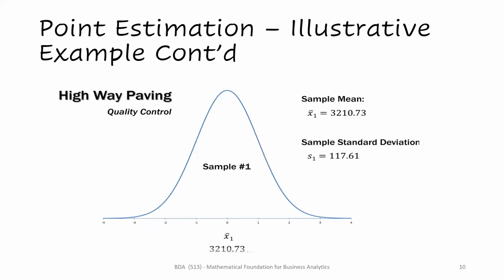Normally, if you take enough samples, you should have a normally distributed curve. Here the mean is 3,210.73, and we have a standard deviation of